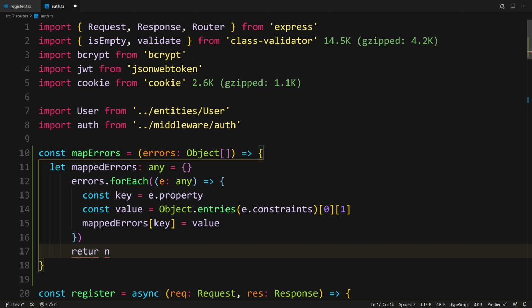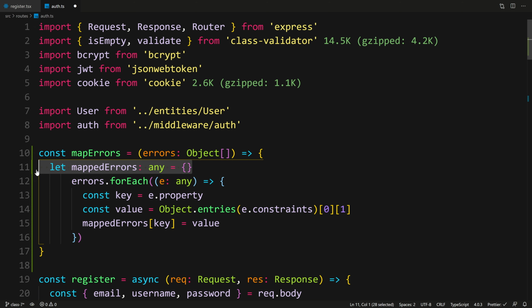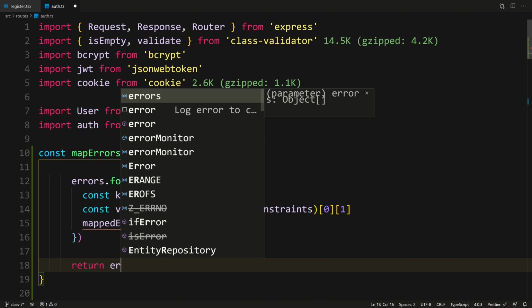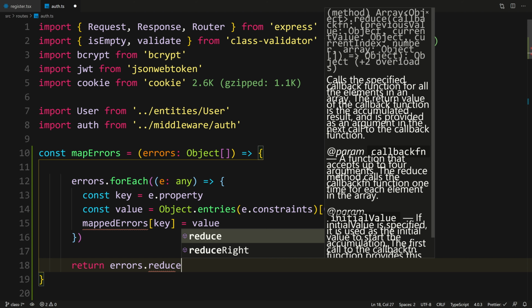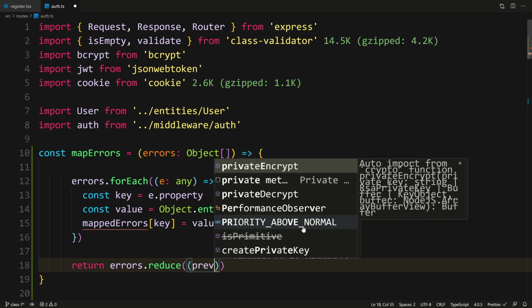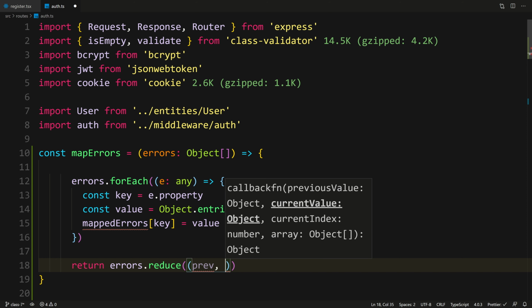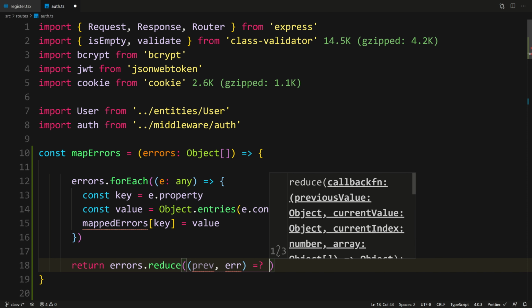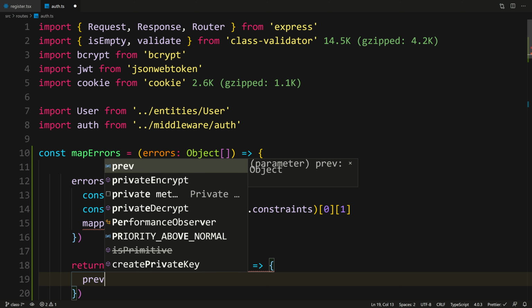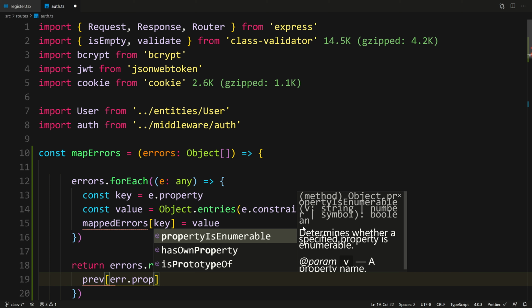and just paste all of that logic and return. Actually, I just realized we can use the reduce, so we don't have to create a new object. So what we can do is I'm just gonna start typing it. So return errors.reduce, and reduce takes a callback that has 2 values. So like it says here, previous and current. I'm just gonna call it prev, and then current, or let's just call this error, and then the callback, what we need to do is we just need to say previous and then pass it the error.property as the name